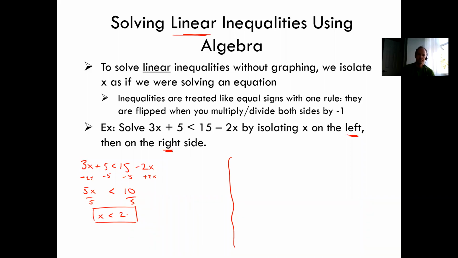Simple. Because we never divided by a negative on both sides or multiplied by a negative, we don't have to flip the inequality. If we chose to do it this way,